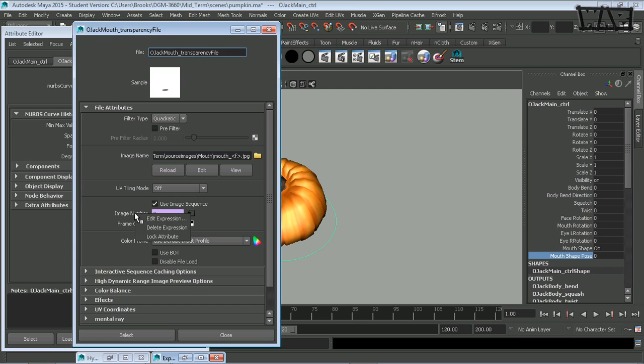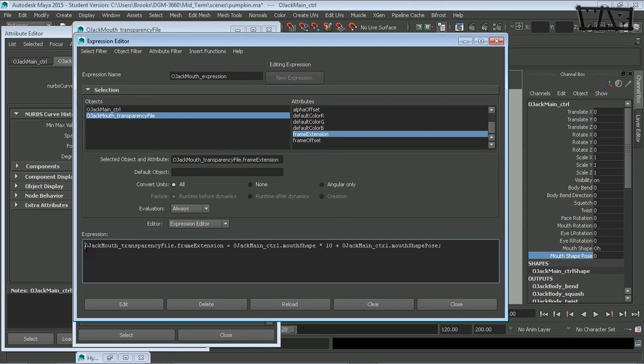So if I go to edit expression, I need to add an if statement in here. So I'll say if, open a parenthesis, close a parenthesis, open curly brace, and then I'm going to close this in here. So if OJAC main control dot mouth shape pose equals